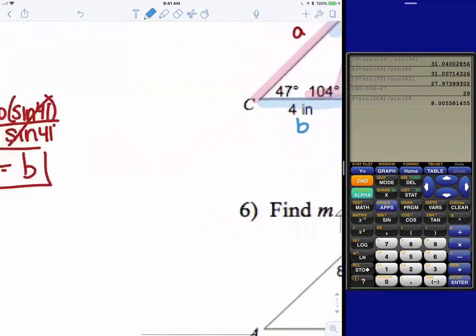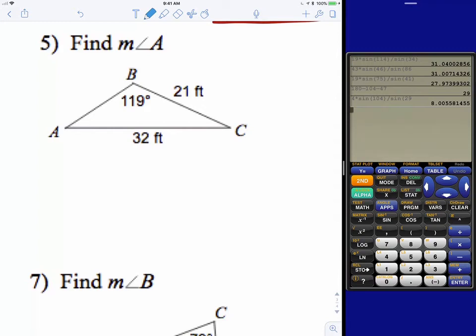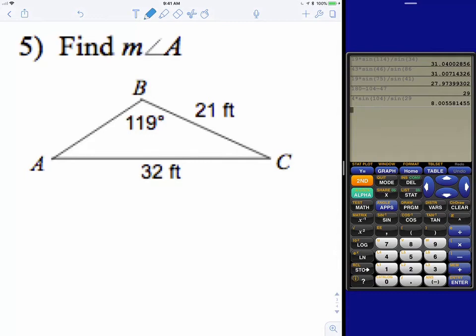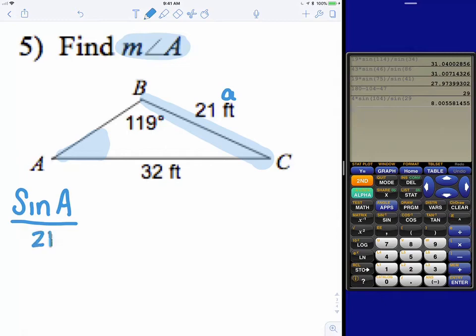Okay, now let's see how we would find a missing angle. So number 5 is how we would solve the problem if we were looking for a missing angle. So you still need to find your opposite pairs, angle and side, that are opposite each other, but start to focus first on what it is that I'm looking for. I'm looking for the measure of angle A, therefore I also have to involve side little a, which is right here. So I can start the problem off with sine of angle A over side little a, which is 21,